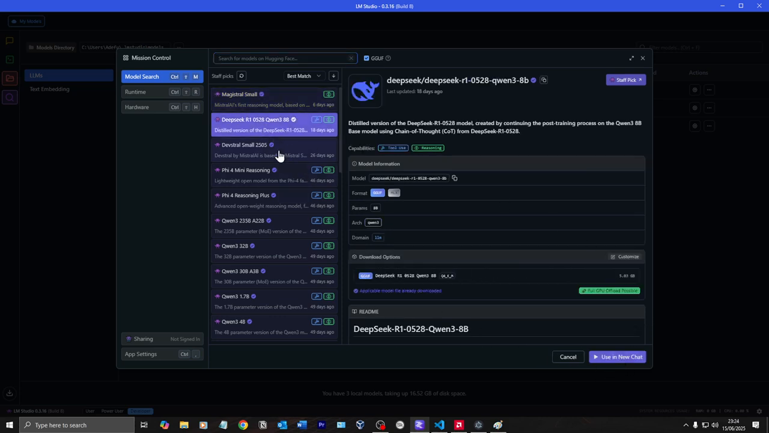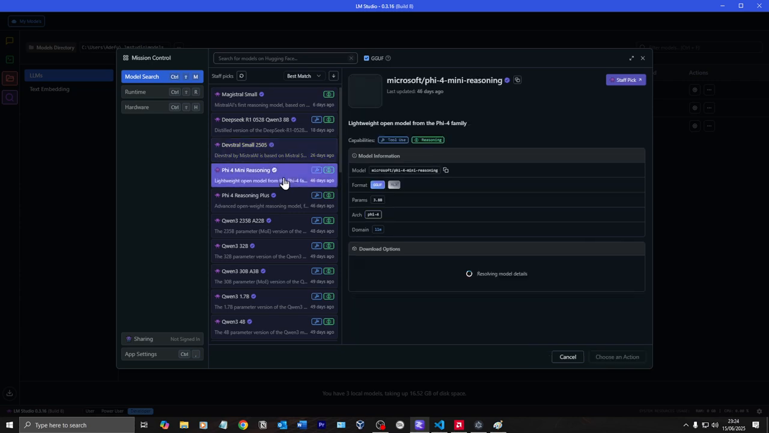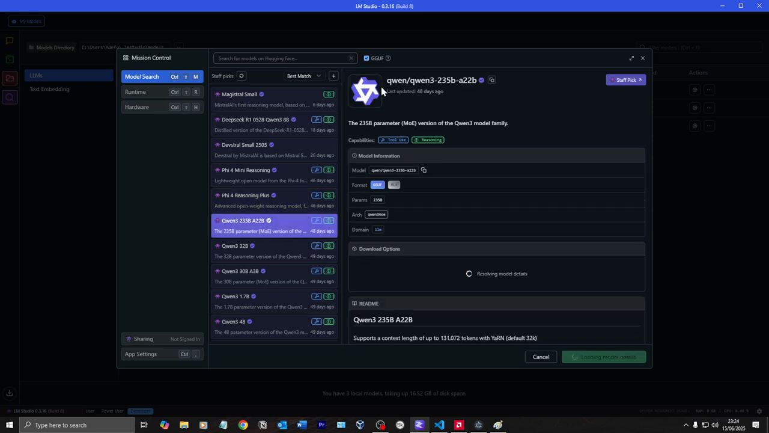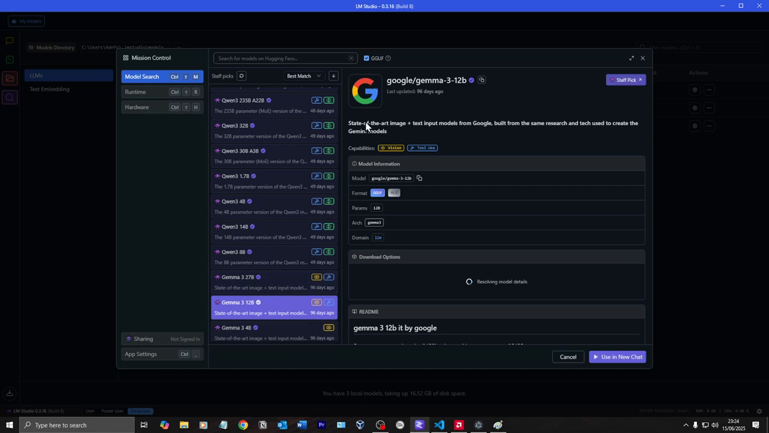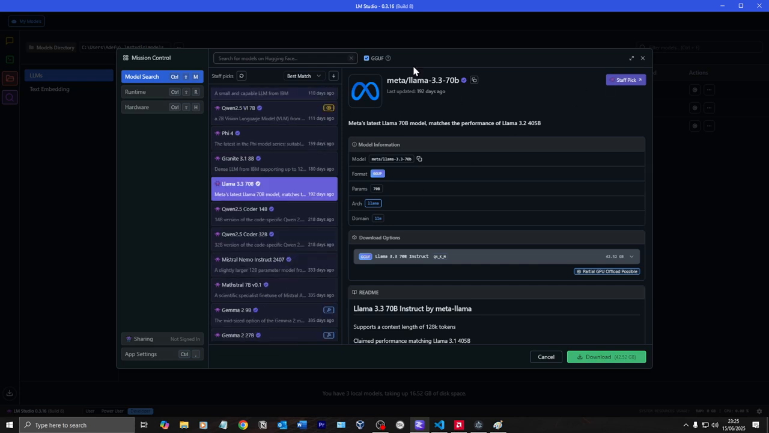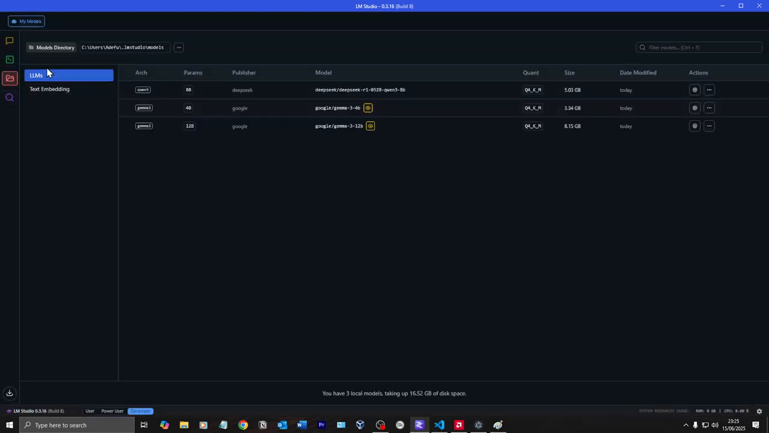Again, Deepseek R1, I've already got it. But Devstral Small, Phi 4 Mini shows me who it's from. So Microsoft, I think that's Alibaba. It will be a Qwen, Google, Llama, Meta, and Facebook. So if I now just go to LLM,